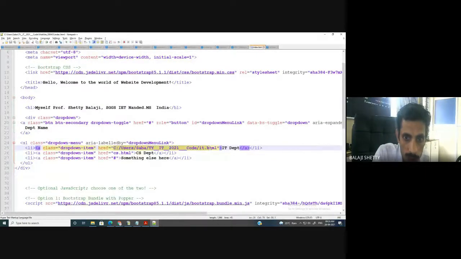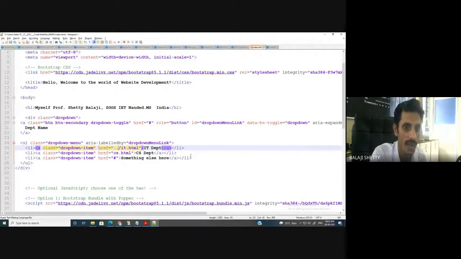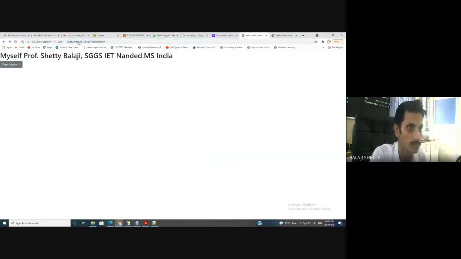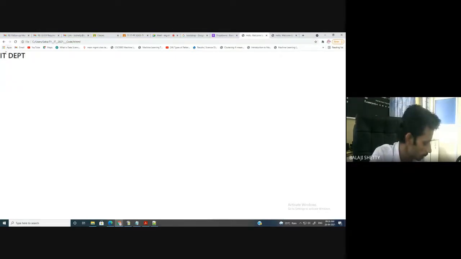Means if you move this code from this machine to other machine, and if there is no Saba user, your code will not execute. So what is the solution? Here you can give the relative path also. Here if you type here, // means what? Go to the previous folder. Go to the previous folder and run the code. Let us see what happened. IT department executed. Understood?